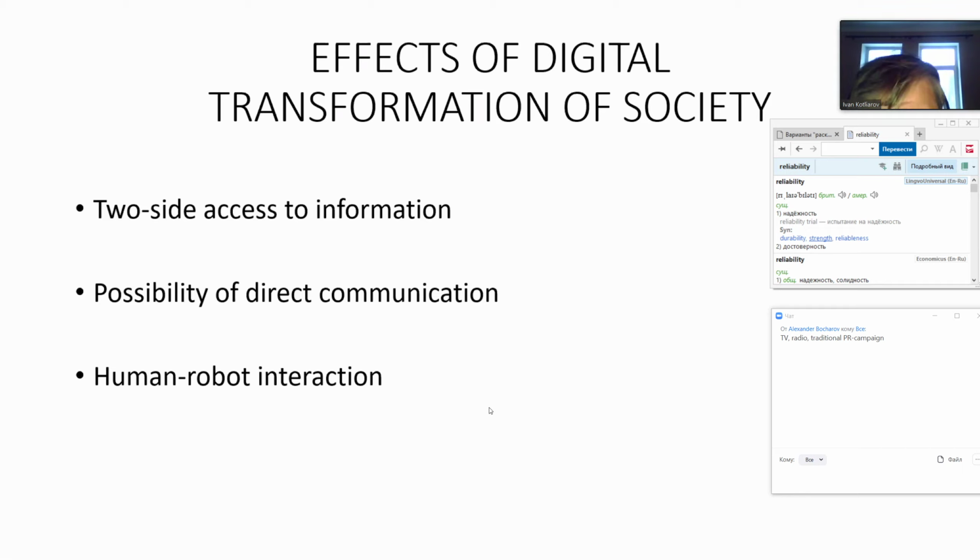Indeed, it is two-side access to information. You see this in the first slide. You're absolutely right. So, in case of this new digital world, the transparency means that we have a two-side communication, as I have already mentioned. In case of traditional communication, you are absolutely right. You air your program on TV, but you have no feedback